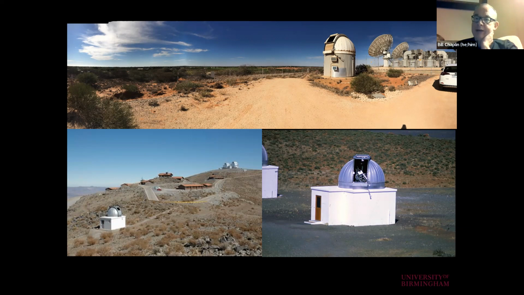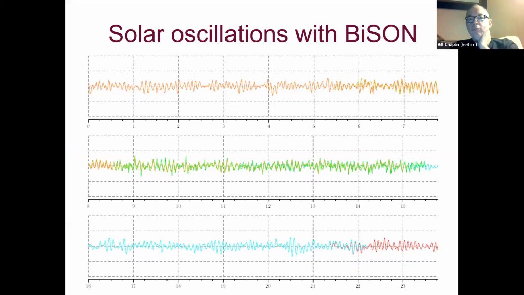If we take a typical day of data from one of these observatories, the raw signal is dominated by the rotation of the Earth. As the rotation effectively moves the observatory towards the sun in the morning and away from the sun in the afternoon. If we subtract off that signal, which gives a Doppler shift of the order of a few hundred meters per second during the course of a day, we end up with data that look like this. Here we've got 3 strips representing the 3 8-hour segments of a single 24-hour day, where we've subtracted off that large shift, and these are the residuals that are left over.